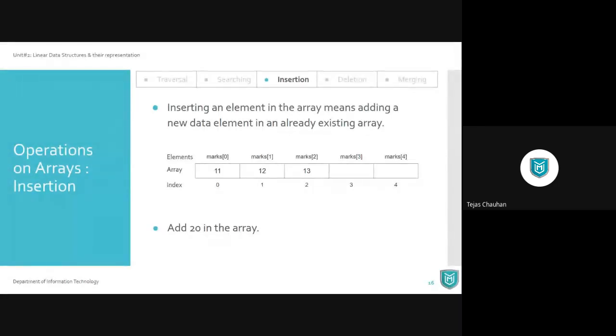operation. Let's say you are already given an array of 5 elements where you do have 3 values already stored: 11, 12, 13. And let's say you want to add 20 to this array. We want to add 20. Now, if I simply say that add 20, then next question from your side will be, sir, where do we